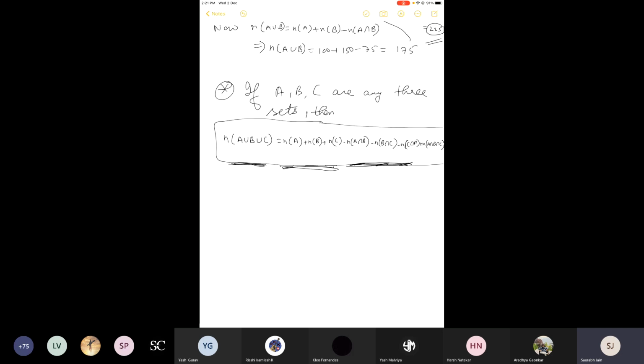You won't find any question on this in exercise 1.6, but you may find some questions after exercise 1.6, in the miscellaneous section. There are fewer chances that a question will come on this, but it is still given in NCERT, so we need to solve it. Let us see how we'll be using this information.